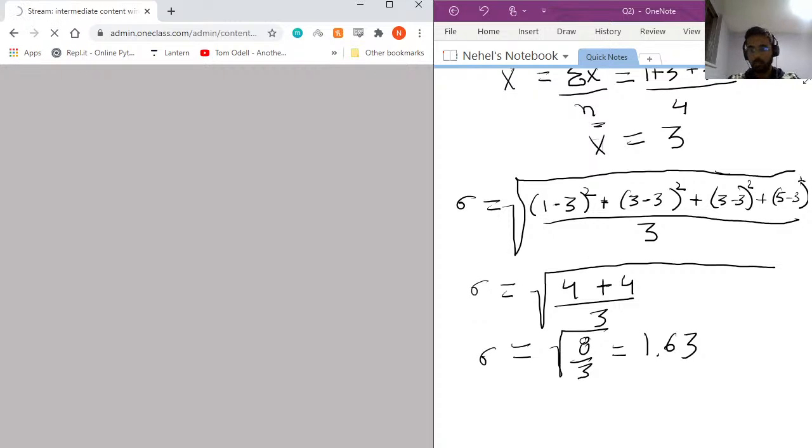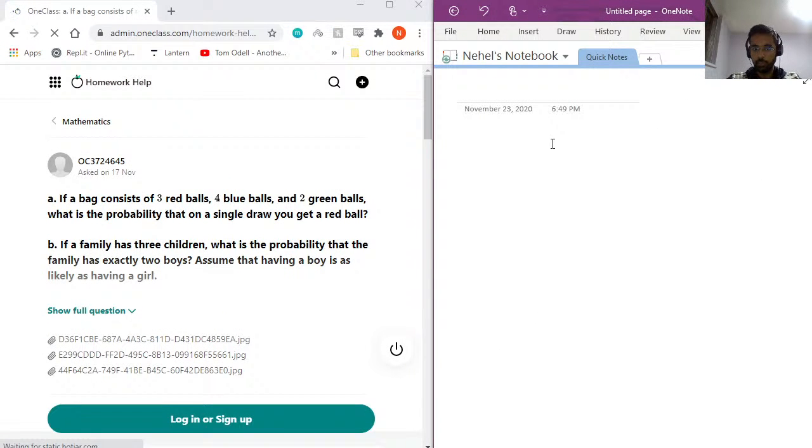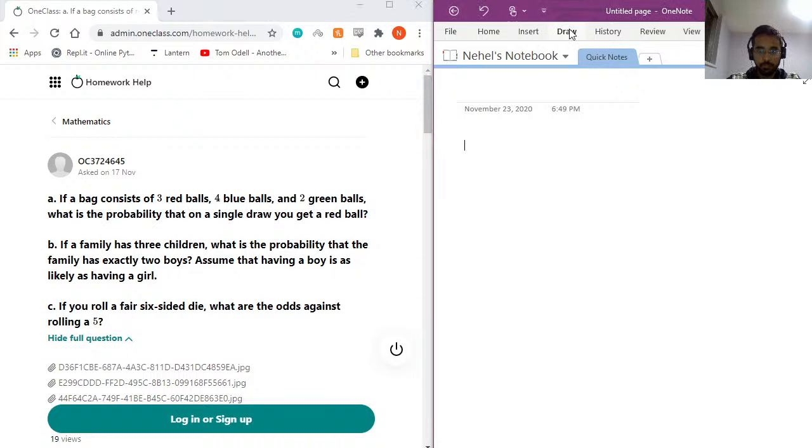Okay, so now we'll get into the third question. The third question is more so probability based. So we'll need to know a few basic principles of probabilities, which we'll quickly revise. The probability of any event occurring is equal to the probability of that event divided by the total number of events. So the probability of any event happening x is